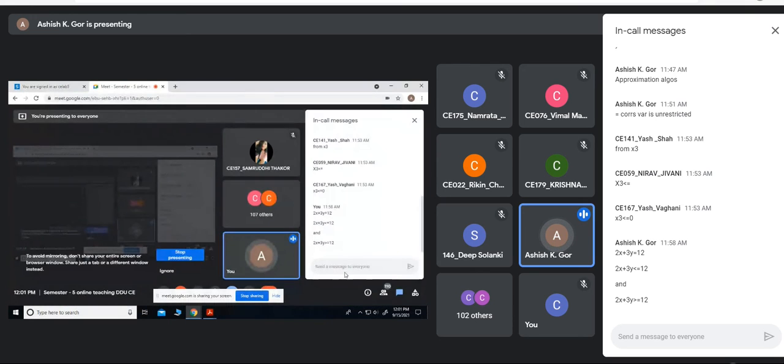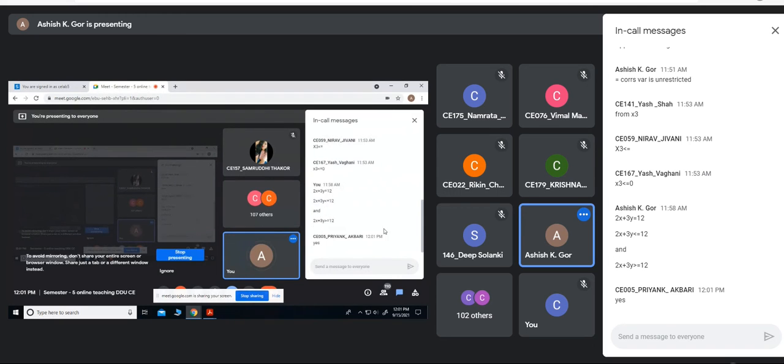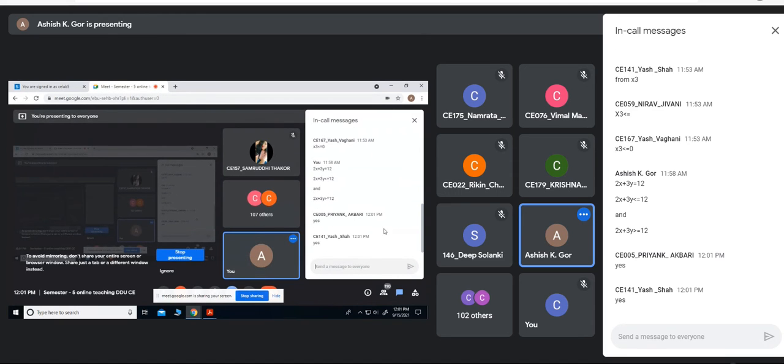Okay, I hope everybody is clear up to this. Nirav, Yash, Priyank, Abhi. Yes, okay,